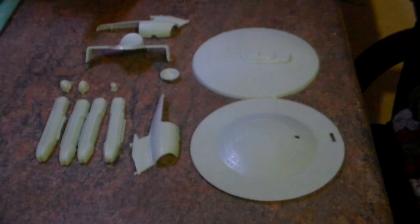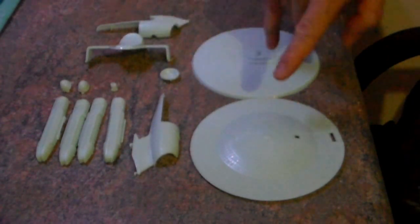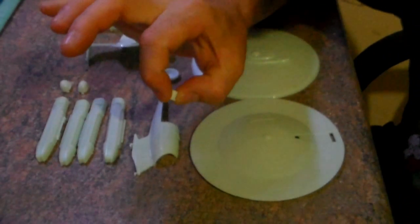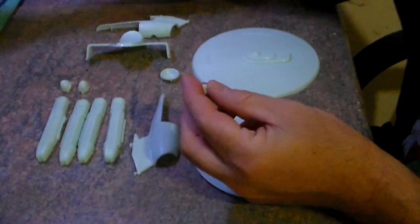Okay guys, this one has I think 13 parts. That's 2, 4, 6, 8, 10, 12, 13. The 13th part is the little gadget here. This is where your stand goes into. Now the